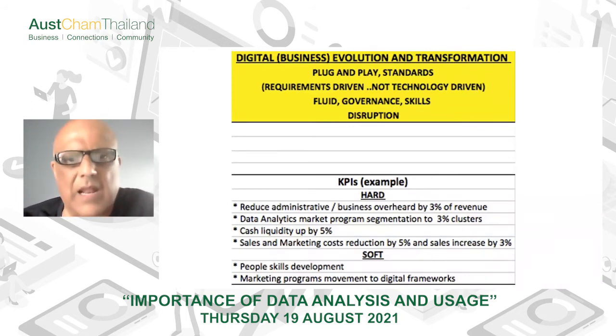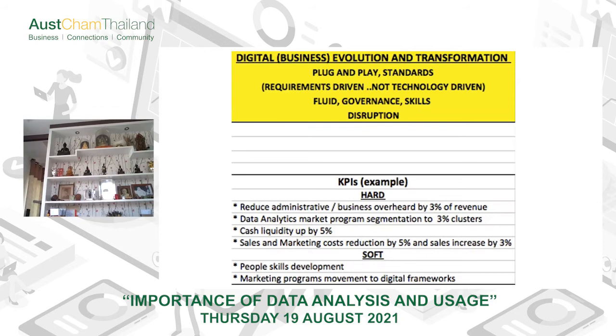The next one is data analytics. So can we, in terms of analyzing the CRM information and doing some predictive modeling, can we target our marketing programs and strategies and then business development activities into much tighter clusters? So again, this would be an integrated digital transformation process. The other one, which is very critical for me, was the cash liquidity. So in terms of my working capital, are there ways that I can use transformation processes to increase my working capital and also my liquidity? And these are the sorts of targets we set.